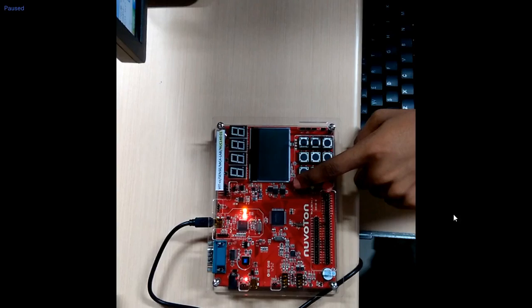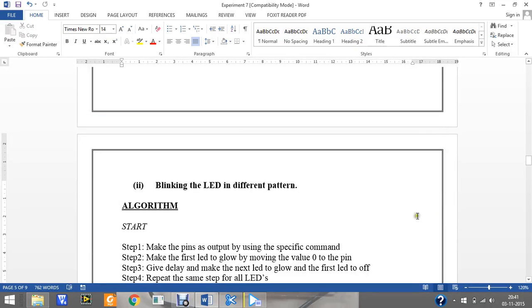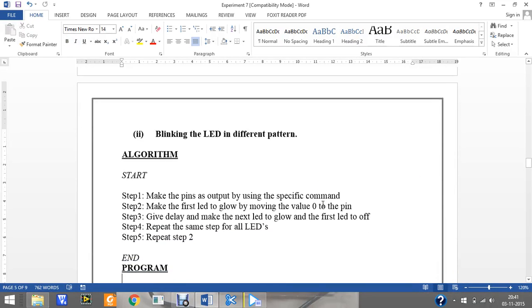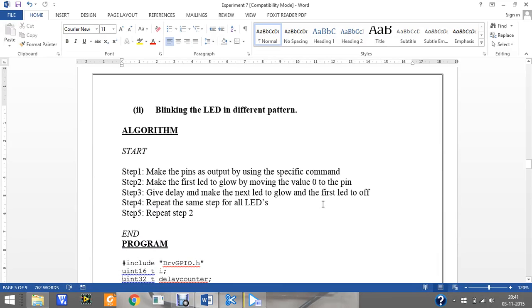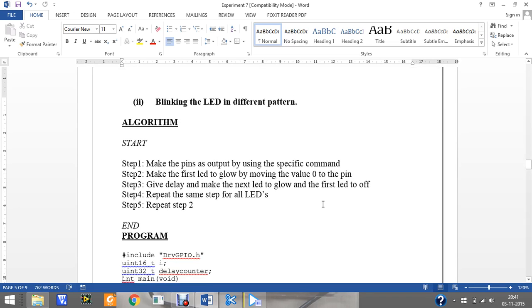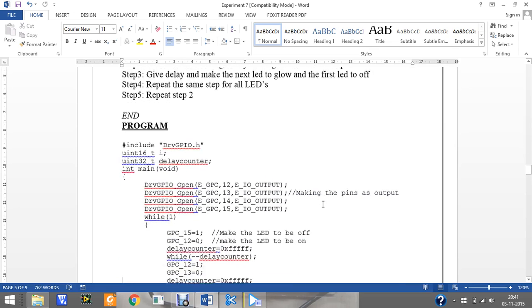Okay, the next experiment is blinking of LED in a pattern. Make the pin an output by using a specific command. Make the first LED glow by moving the value 0 to the pin. Give a delay, make the next LED glow and the first LED turn off. Repeat the same steps for all LEDs and loop back to step 2 as a cyclic process, which results in blinking of LEDs in a pattern. Coming to the code,